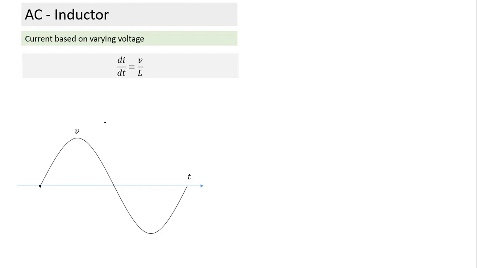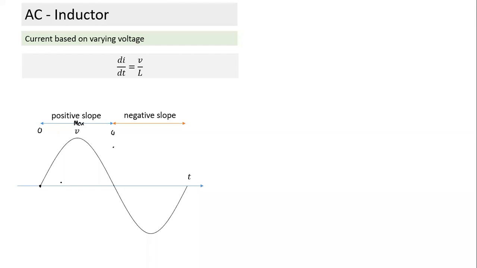So one thing is known from this relationship. Can I draw the current curve? Let me mark where the voltage is positive. I find from this part to this part voltage is positive. So what has to happen? The slope has to be positive. And from here to here voltage is negative, hence the slope has to be negative. At this point the slope is positive, so it has to be something like an increasing function. But by the time it comes here, what has to be the slope at this point? The slope has to become 0. So beginning here, the slope has to be maximum, and here the slope has to be 0. Are you making sense or not?